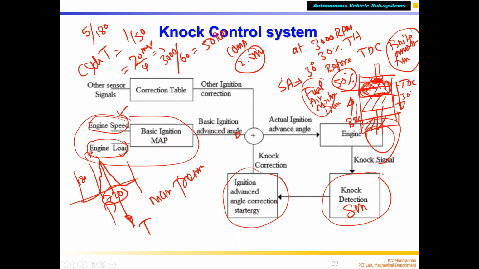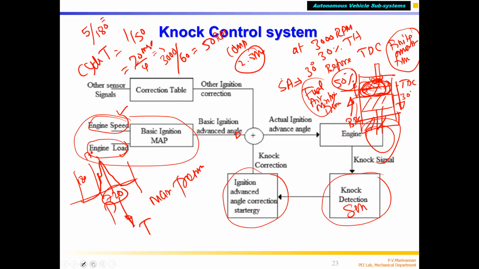And then you can find out how many milliseconds or microseconds it takes for the crankshaft rotation, the piston movement from BDC to TDC. So after that, we have to give the spark 30 degrees before, 40 degrees before. Why? This time is fixed. We know it is 5 milliseconds at 3000 RPM. If I say the combustion time is 2 milliseconds for this speed, for example, then the time needed for the piston to move from the location where you are giving spark, I am giving spark here,